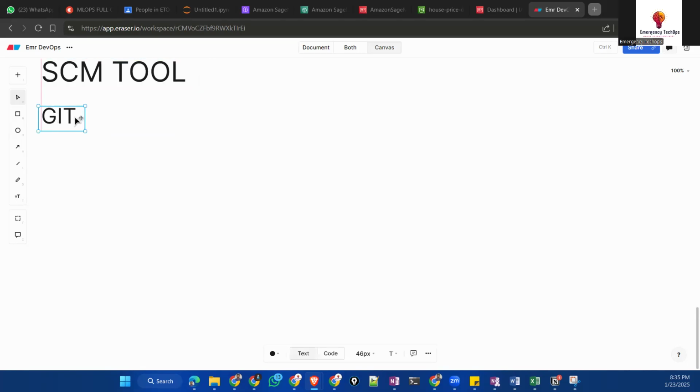So you will be having a client and a hub where you can communicate. So there will be two tools: one is Git and one is GitHub. GitLab, Bitbucket, all are the same only.